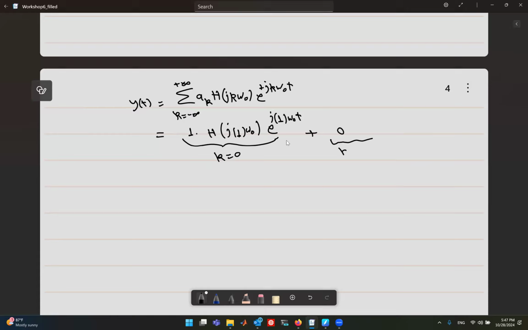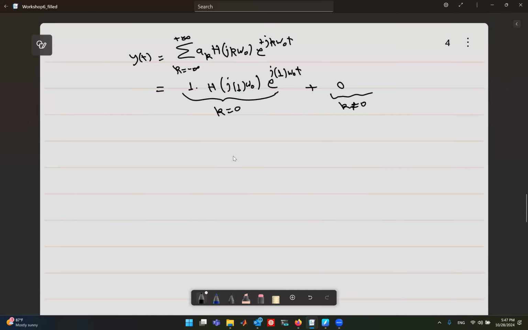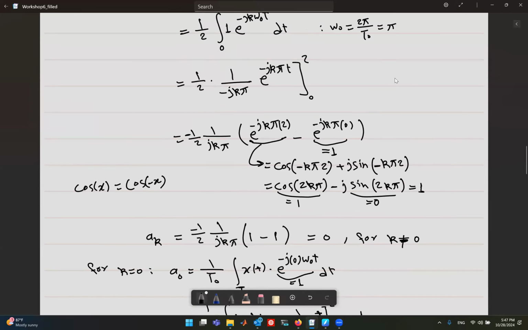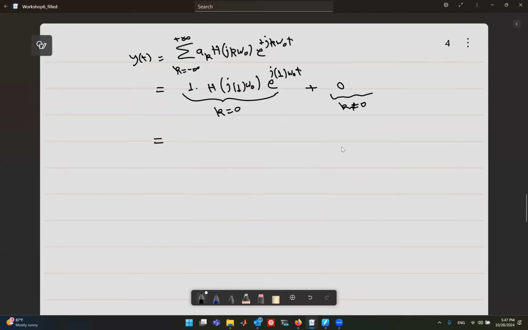So this is when k is not 0. Let me also substitute the value of omega naught, which was pi. We have HJ omega naught exponential J pi T,